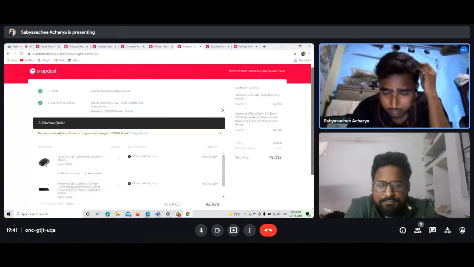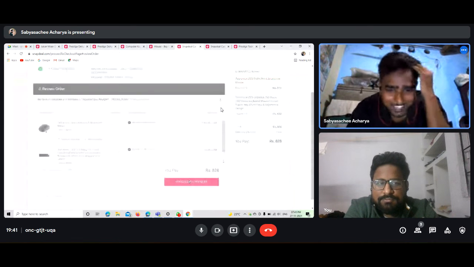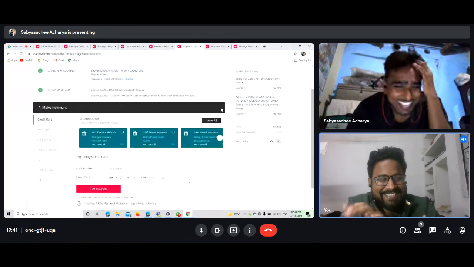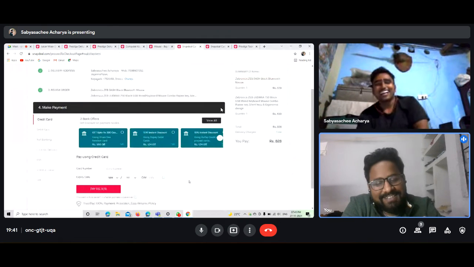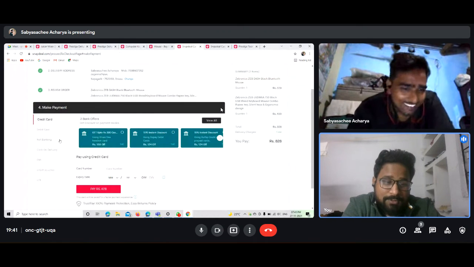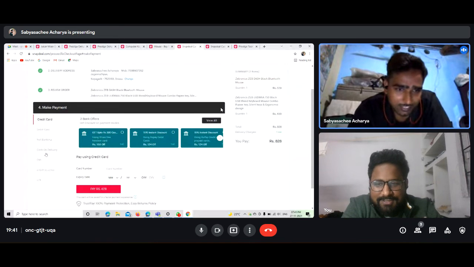Yeah, proceed to payment. So do you need me to pay it? No, you just have to enter any false details. Okay, no. Actually, I usually do online payment, like UPI payment.